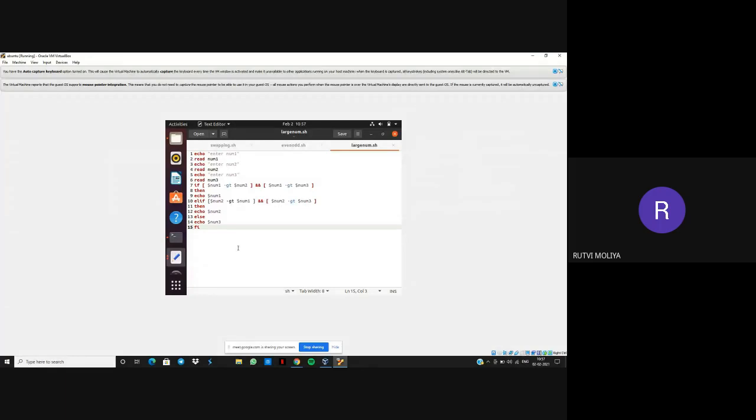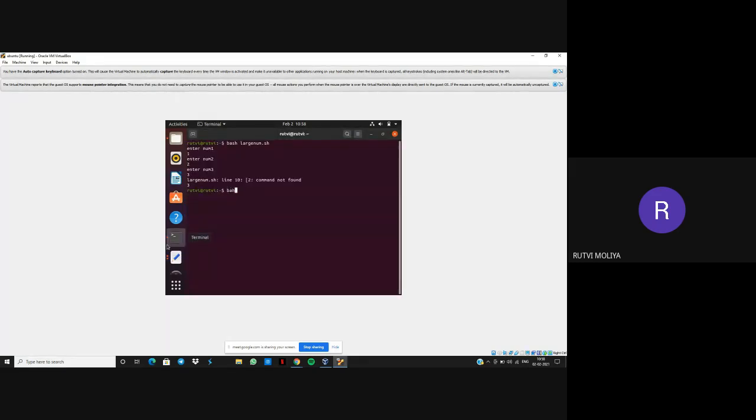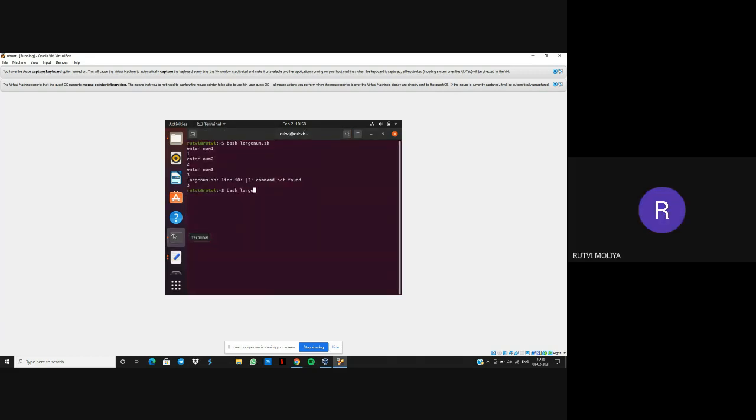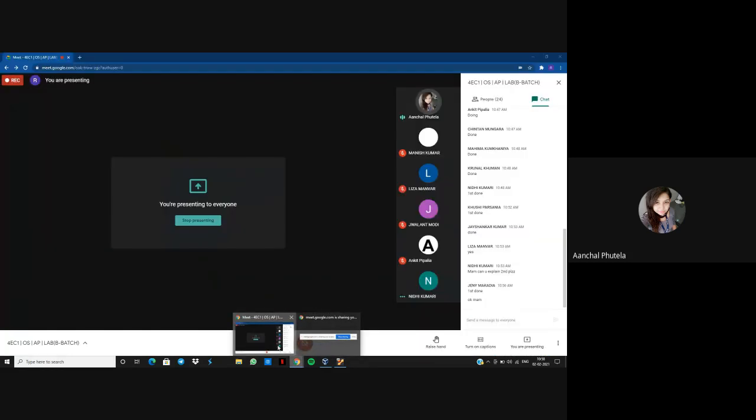Else if: after a square bracket you need to give a space in line 10. Okay, ma'am. Save it first, then run. Yes. You printed it? Okay. Number is 4. Good. First is also done, Rutvi?